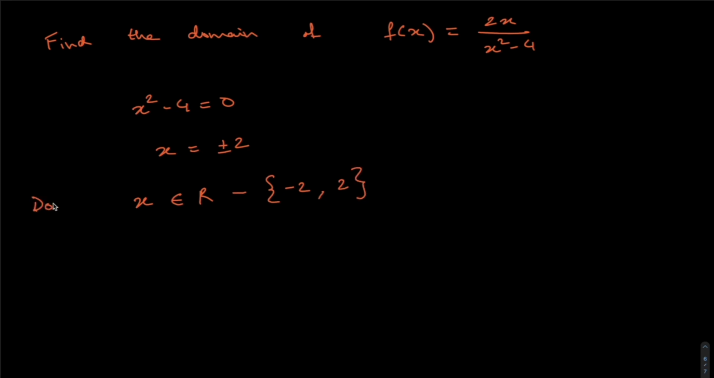So the domain is like this: x belongs to all real numbers, and take out minus 2 and 2 from that, and you have your domain, right? So this function will produce an output for all values except minus 2 and 2, because you have 0 in the denominator, right? You can look at multiple examples later on. I'm just going to give you one for now, because we're going to get into specific